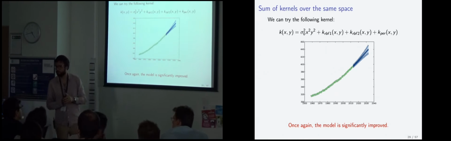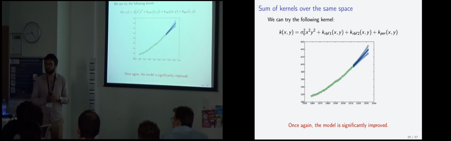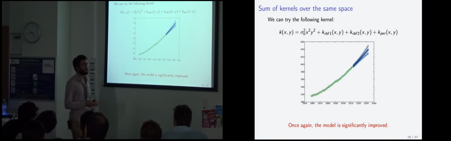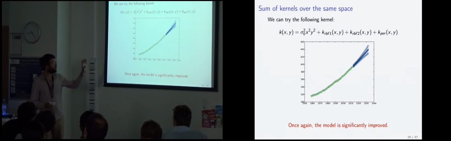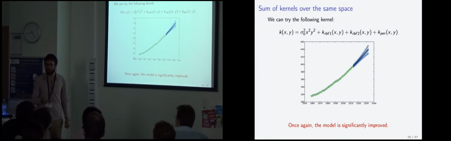Yes? In regression, it seems very easy to paint oneself into a corner when you have correlated variables. But here it seems that you are suggesting that we can combine different kernels in many different ways, with a lot of degrees of freedom, without this actually risking leading to a worse model. Is that true? And if so, what's the intuition? So yeah, in a way you have to be a bit careful. What we typically do for the parameters of this kernel is maximum likelihood estimation. So if I